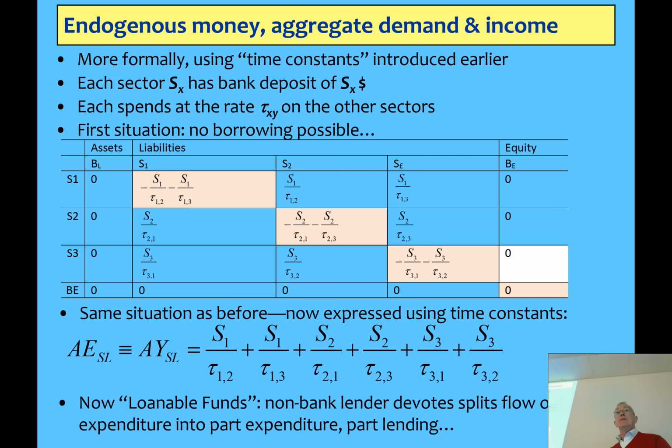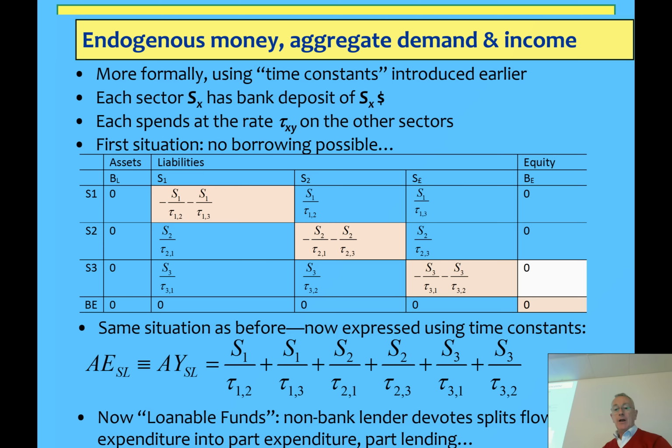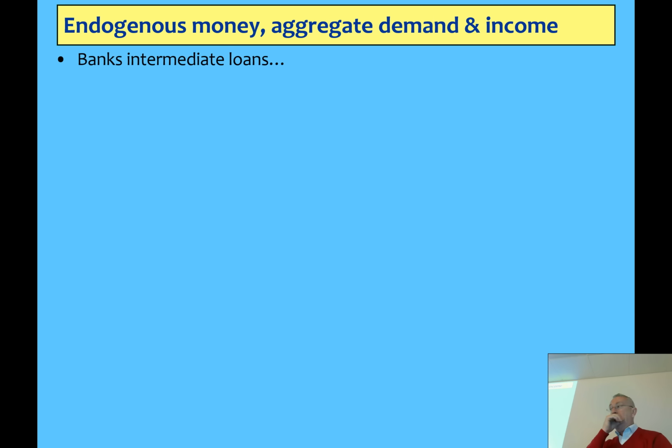What's happening there is somebody who would have a flow of expenditure going to one of the sectors still has partial part of that flow, and the actual amount of the flow might change because they've lent money, but part of the flow also goes to one of the other sectors. So the way I'll show that now